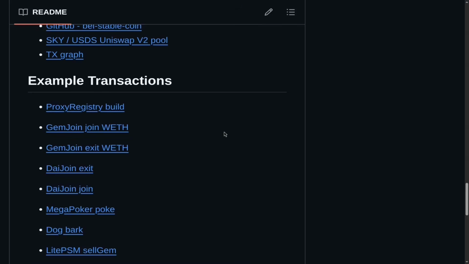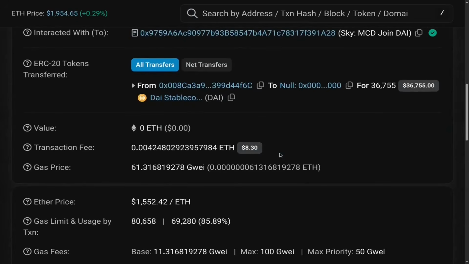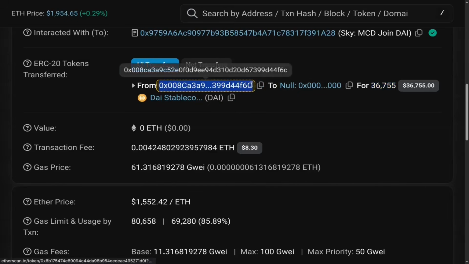The final resource that I will highlight are example transactions. At the bottom of the README file of the course repo, you'll find a section called example transactions. Here you'll find transactions where either I or some other user interacted with the Sky protocol. For example, clicking on DaiJoin.join, this will take you to the Etherscan page where a user interacted with the DaiJoin contract. For example, here you can see that this much amount of DAI was sent from this account over to